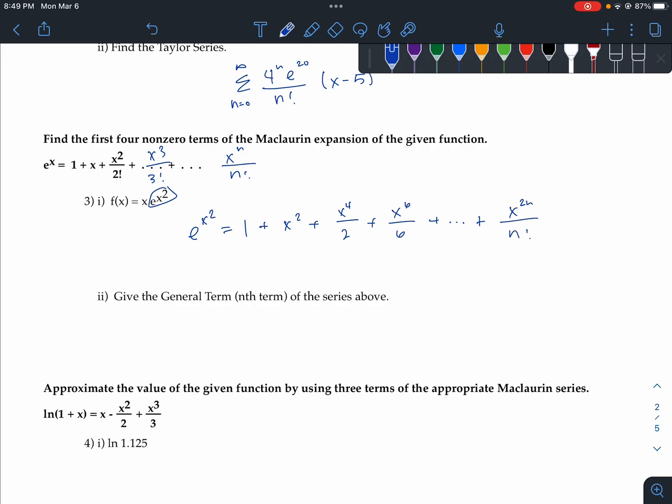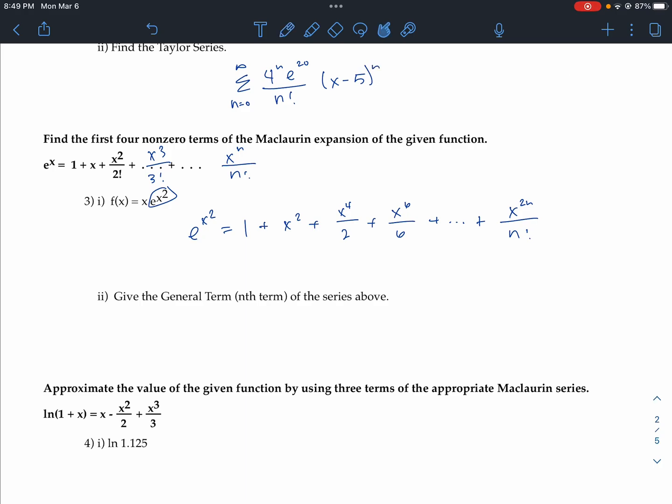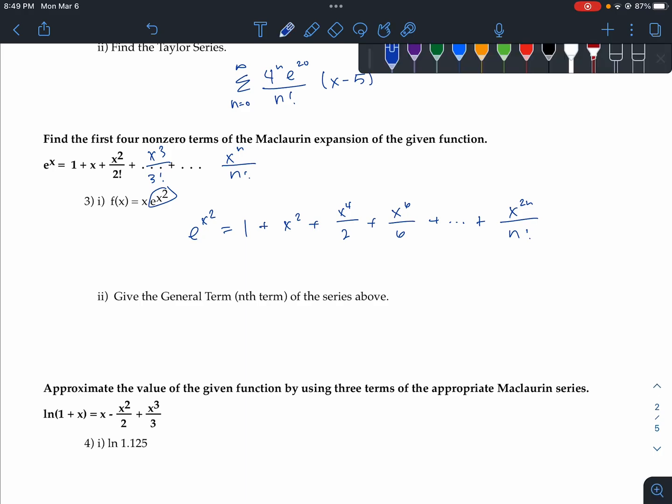over n factorial. And then if I want to multiply by x, so x times e to the x squared, you have to multiply each term by x, so it's going to be x plus x to the 3rd plus x to the 5th divided by 2 plus x to the 7th divided by 6 or 3 factorial, plus